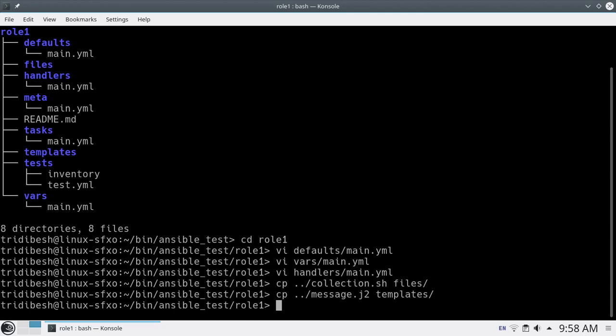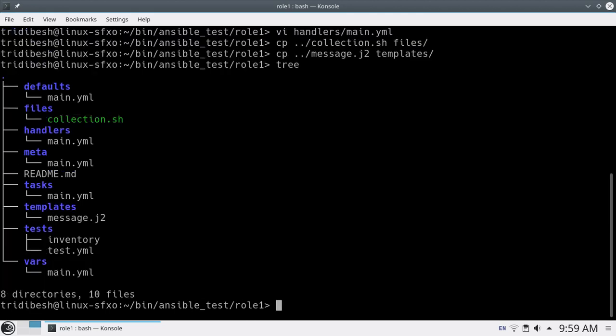You need to maintain that directory structure because when you write playbook tasks and call these files, you don't give the full path, you just give the name. If you mix up the location, your playbook will not be able to use these scripts, files or templates. So keep it in the proper place.